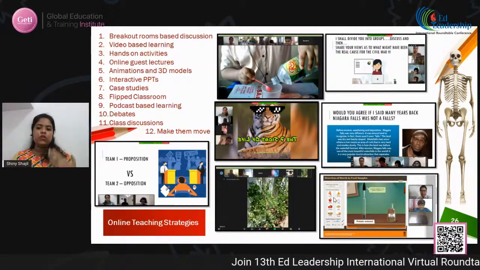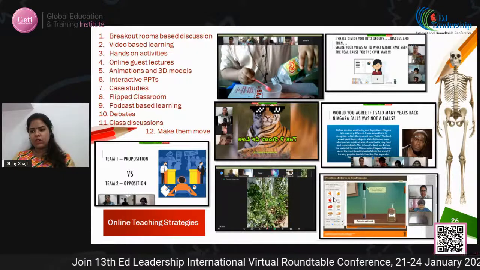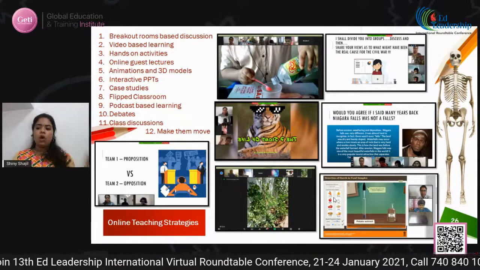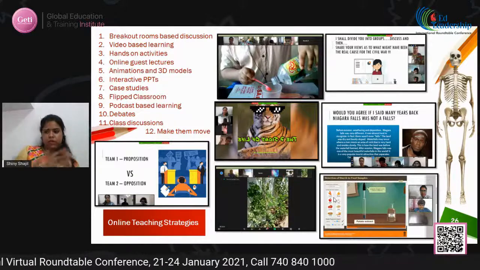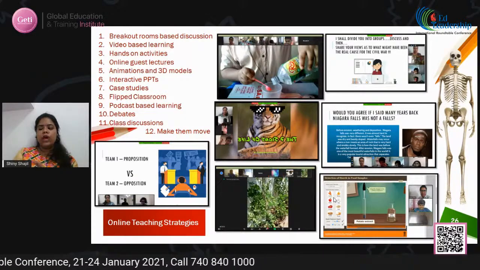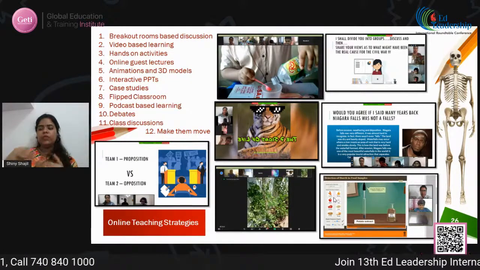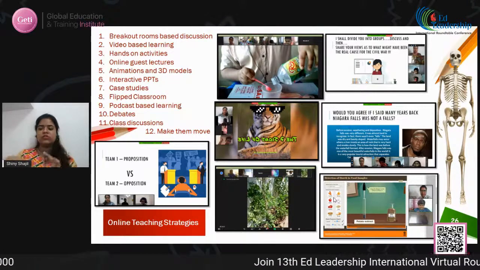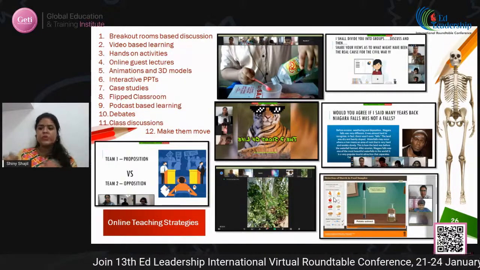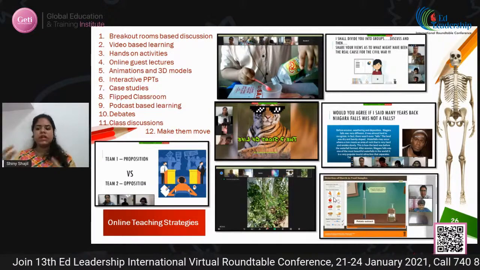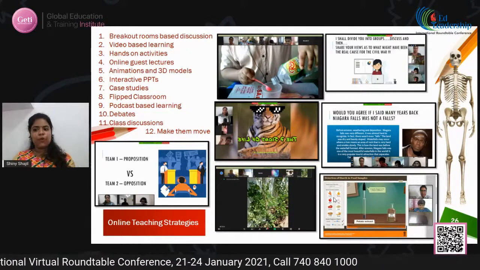You can enable group discussions with the help of breakout rooms. In Zoom, we have that option. Or, if you're going through Microsoft Teams or other platforms, before the session begins, you can categorize the students into different groups, create separate meetings, and ask them to do it. However, in order to monitor them, you should get the help of your fellow colleagues